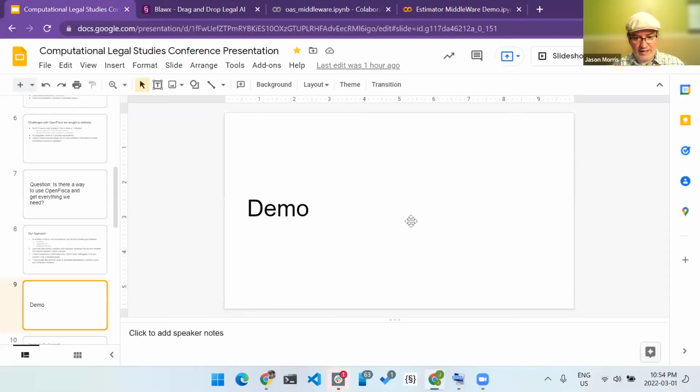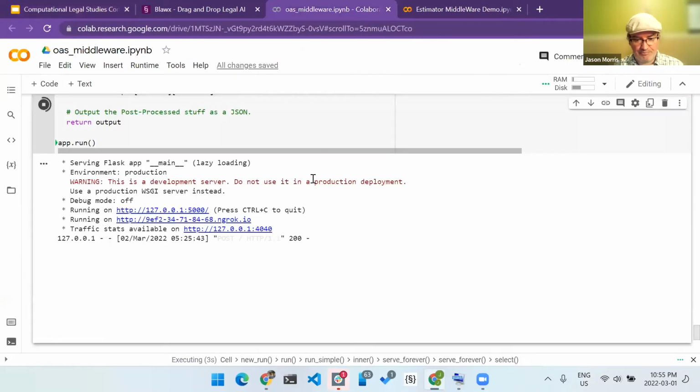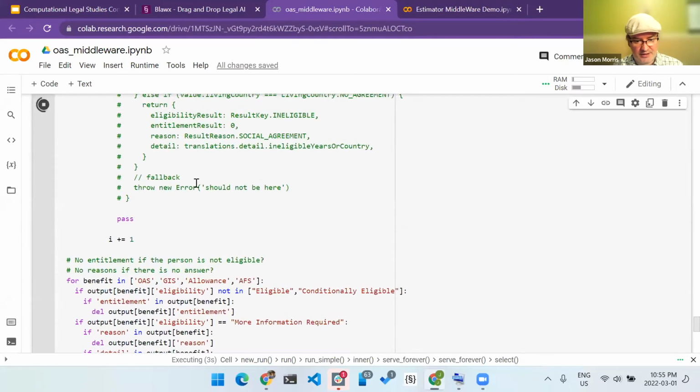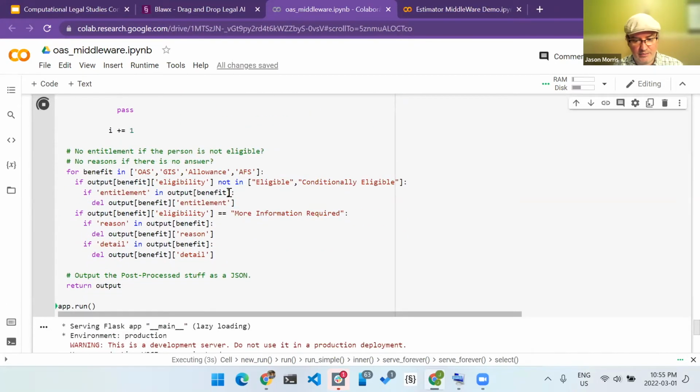I'll show you very quickly what it looks like in practice. The rules as code side, that left box, is running on a server somewhere on the internet. This Colab is running the middle box.